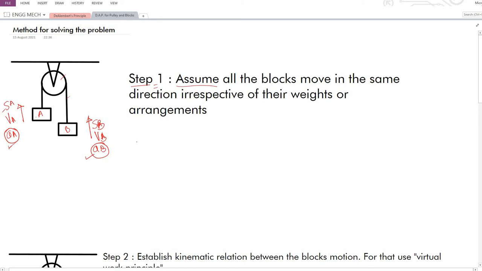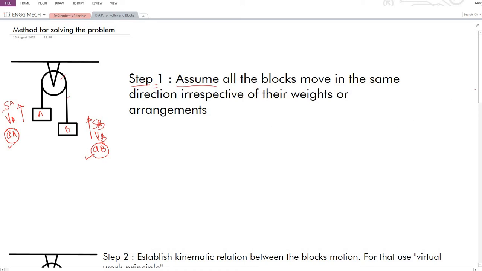We have assumed a common direction of movement of both the blocks here. Okay, for this specific methodological discussion, we have taken a 2 block problem only. In some, let's say, difficult problems, you will be provided with 3 to 4 blocks. Thereby, there is no need to assign a specific direction. We have to assume a common direction, that is the upward direction, for all the given blocks. Let it be 2, 3, 4, 5, whatever the number is.